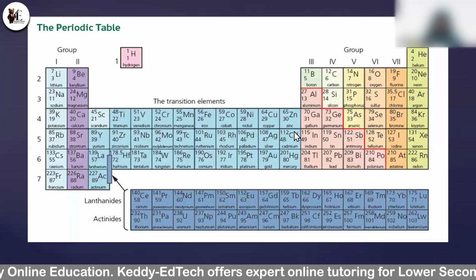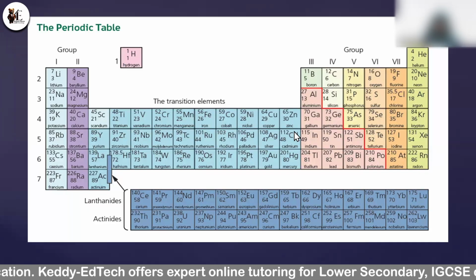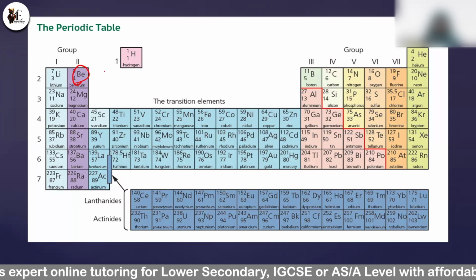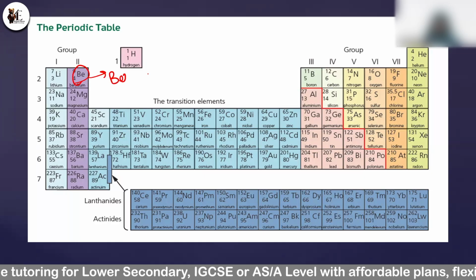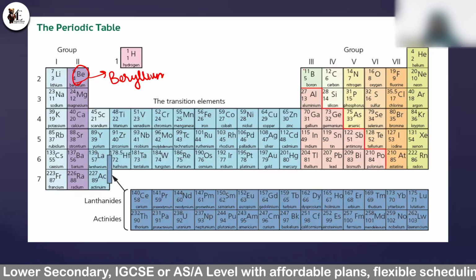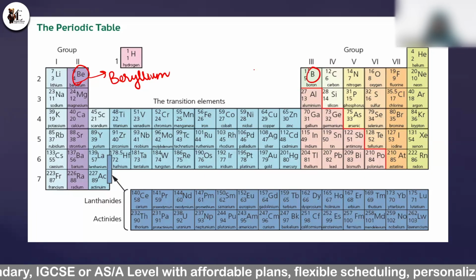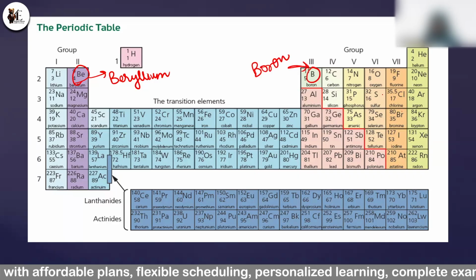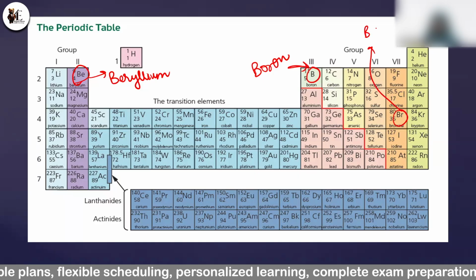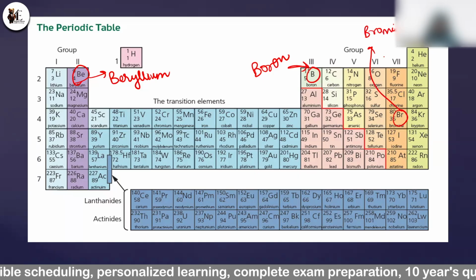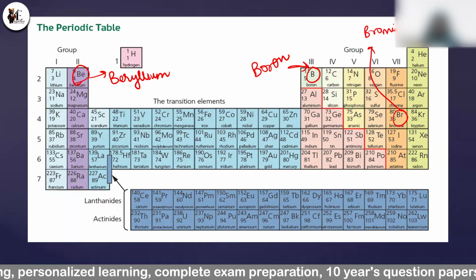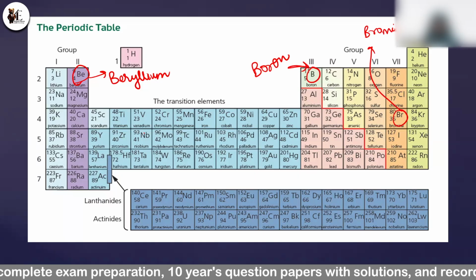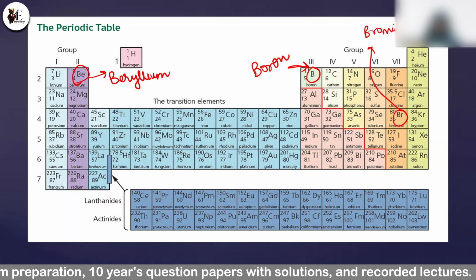So this is your periodic table. You can see it on the screen. So in this periodic table, everything, let us suppose this beryllium, it is also an element. Let us suppose this is boron. It is also an element. Let us suppose this, bromine, it is also an element. Everything which is present here are elements. I'm not saying that you should learn this whole periodic table, but as a chemistry student, you should know some basic symbols and some basic terms.